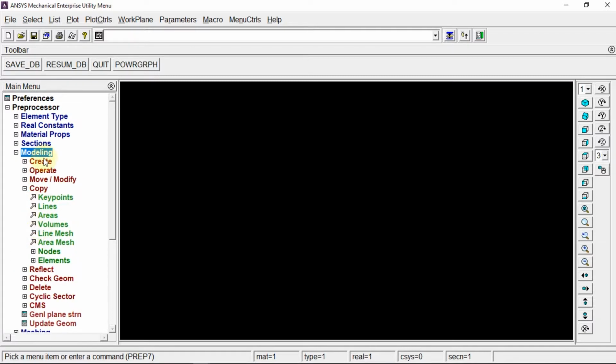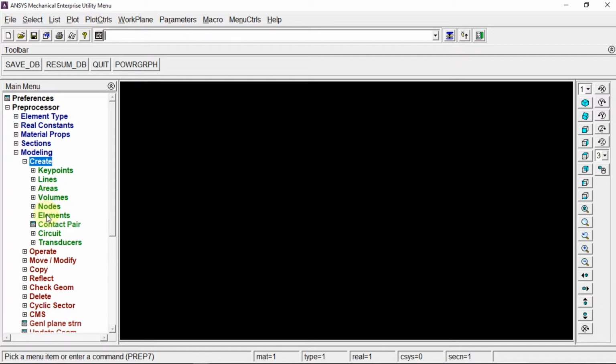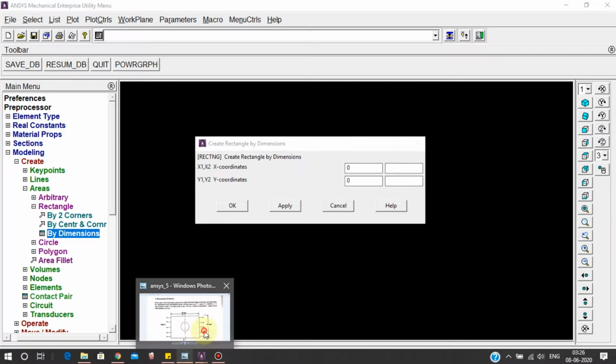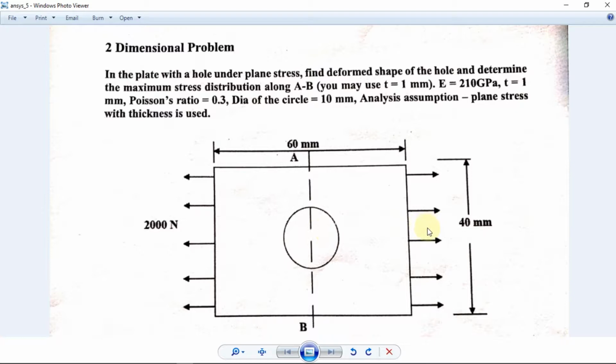Now next I am going for modeling, create, and I am going for area, rectangle, by dimensions. So by dimensions I am going for 0, 0, and I am going to make only a quarter of this, only this much part, and we are going to actually utilize symmetry.